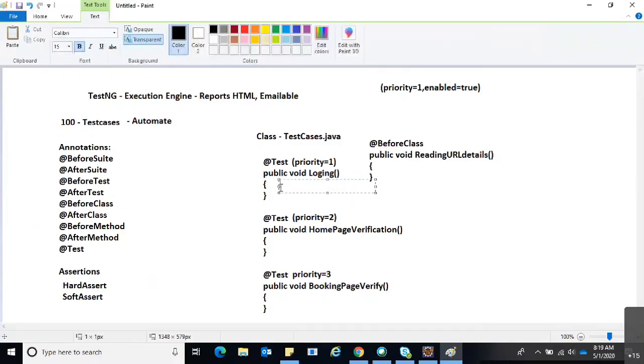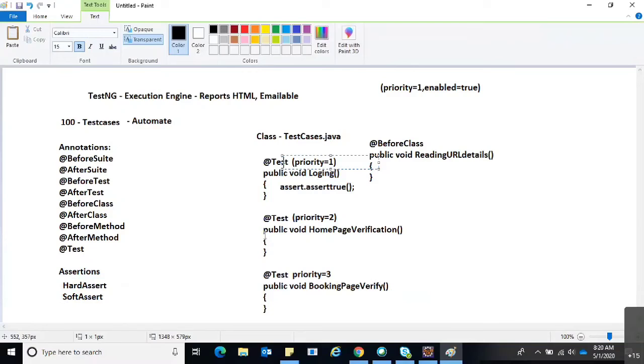In the last line, we mention Assert.assertTrue and some condition. While executing this test method, it will execute all the lines and finally come to the assert condition and check it. If it is true, it will mark this test case as pass. If the conditions are not met here, it will mark the test case as failed. That's the reason we use assertions.